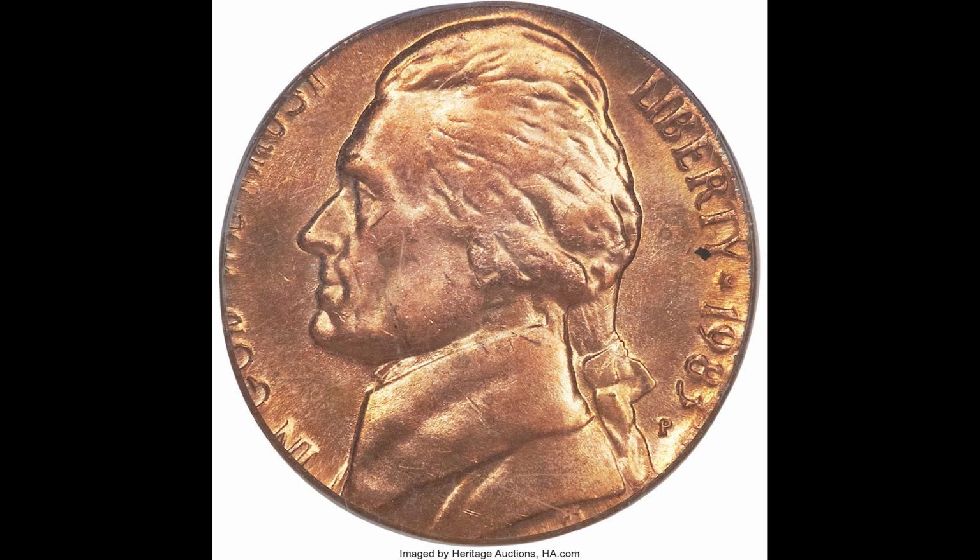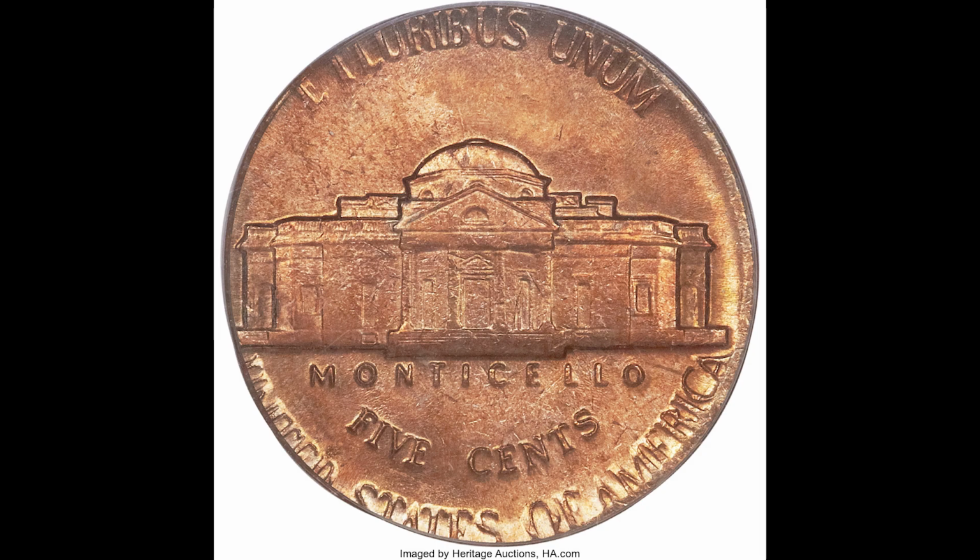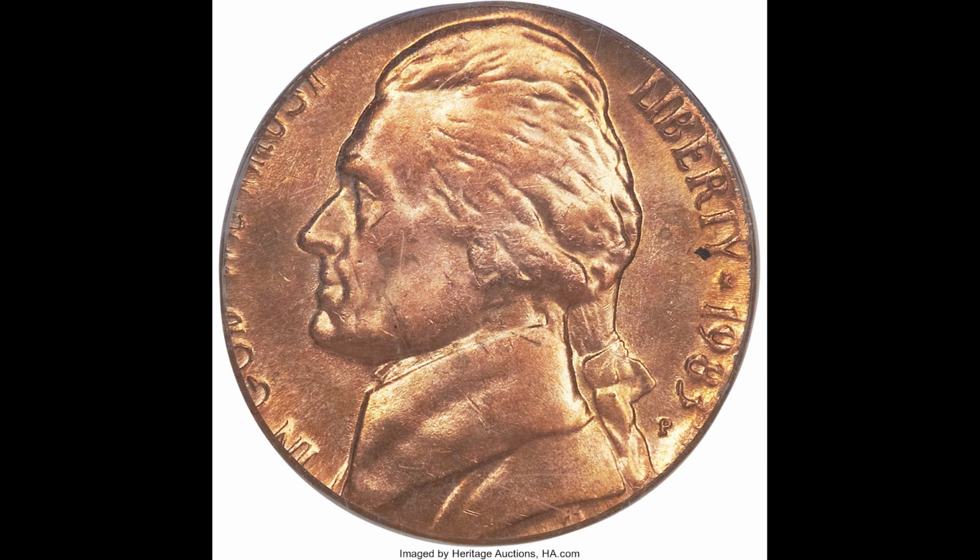Up first, we have a 1983 P, standing for Philadelphia, 5-cent Jefferson nickel struck on a copper cent planchet. As you can tell immediately, this coin is going to be a lot smaller than your typical Jefferson nickel, and it's going to be the wrong color because it was struck on that cent planchet, and because it was graded by PCGS a mint-state 65 red, meaning the color of the coin. This coin sold for